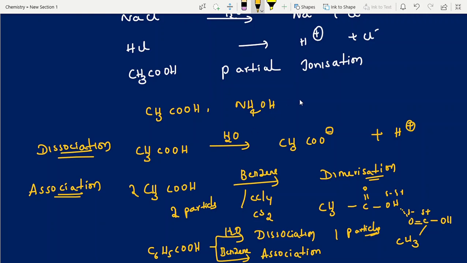Suppose dissociation type, what happens, students? Look into this, you can understand easily here. If you put acetic acid in water, what happened? One particle became